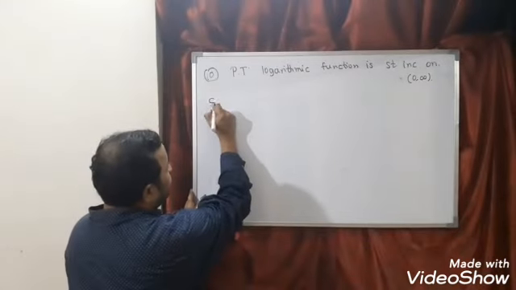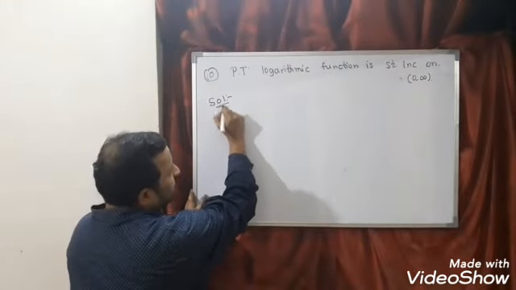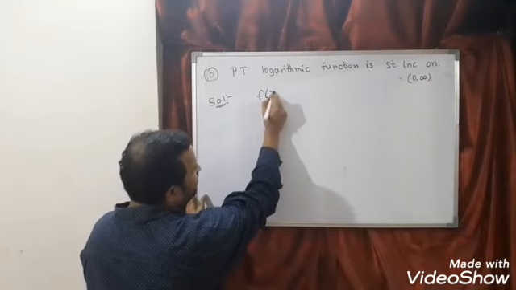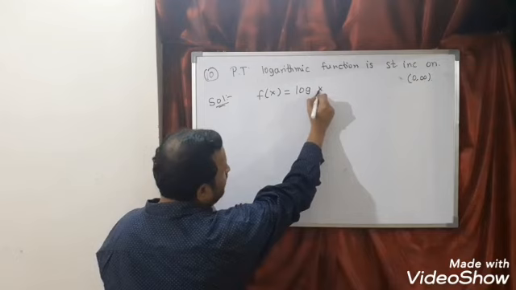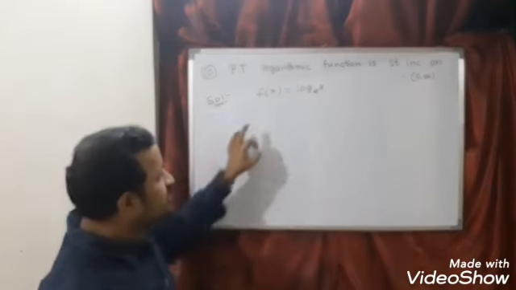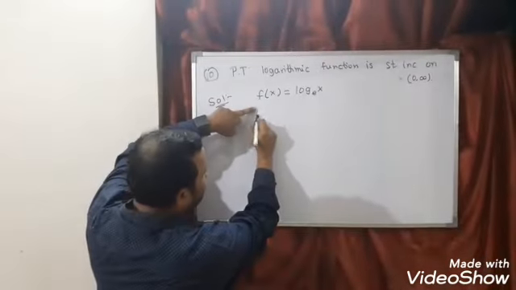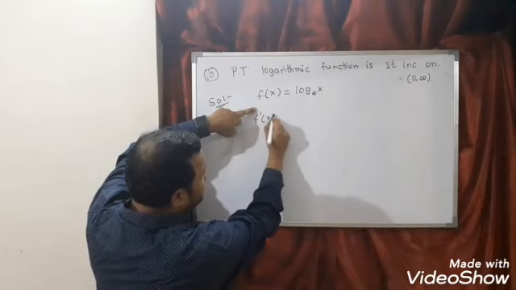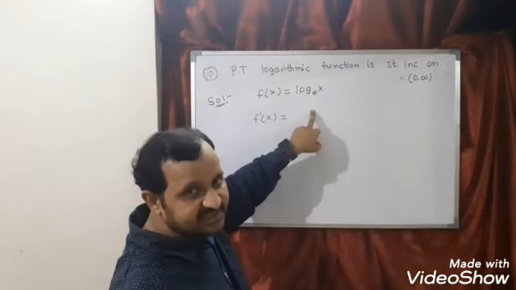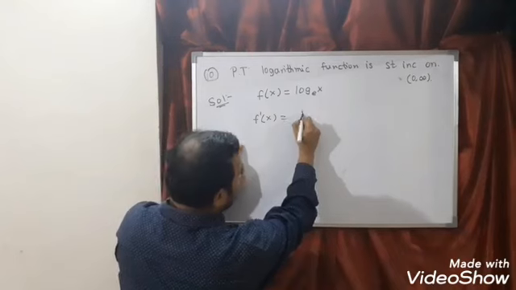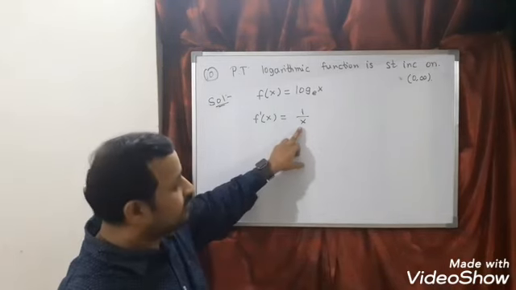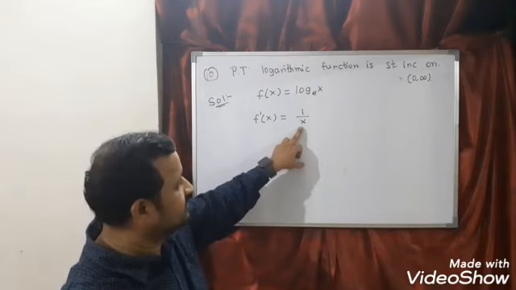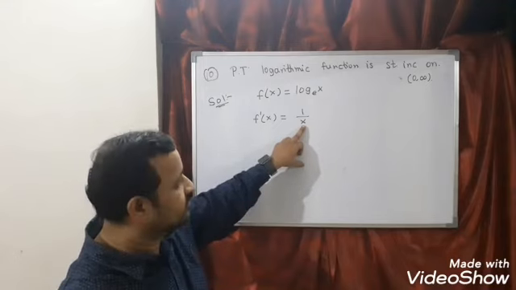So again I am applying the working rule. So what is f of x? f of x is equal to logarithmic function, I can say log x to the base e. So what is the first step? Find f dash x. So f dash x is equal to, what is the differentiation of log x? It is 1 by x. What is the second step? Break it into linear factors. So degree of x is 1.